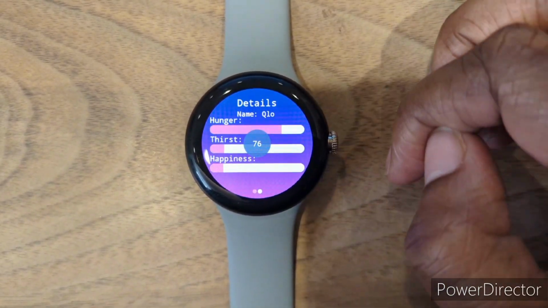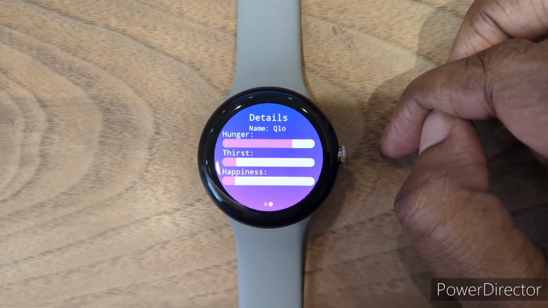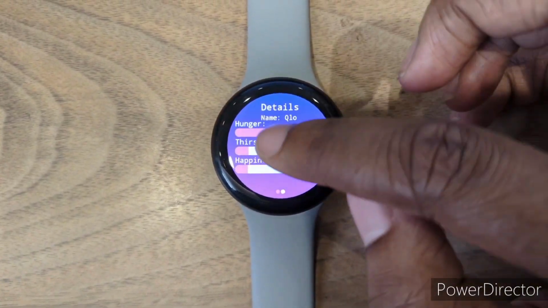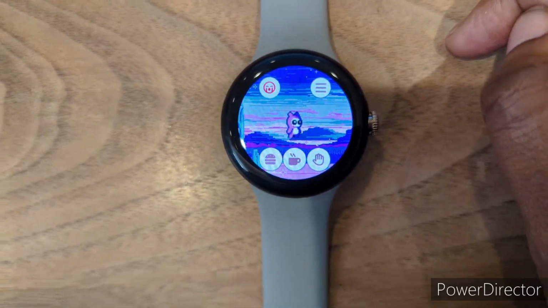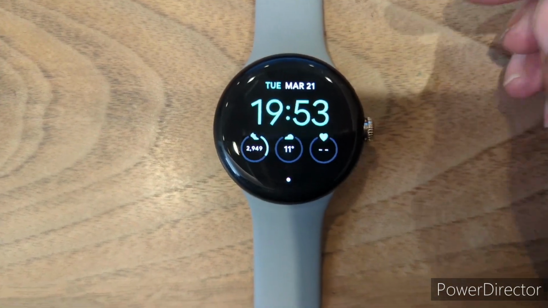Now this number that appears is called a toast icon, and this comes within the library that was used. Some additional libraries that I used were Jetpack Compose, which allows me to create really good UI interfaces on Wear OS systems. Now, if I close the application by coming out of it and then try and open it up again,